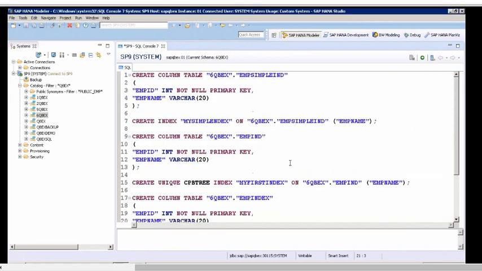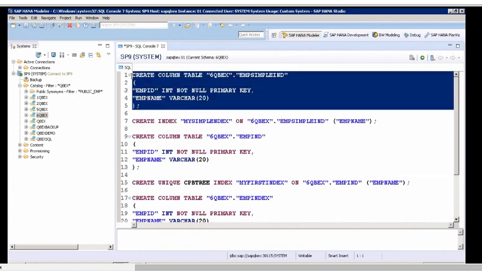You can create an index with the UI as well as with SQL. So I've got columns called EMP ID and EMP name, and I'm just creating this table.